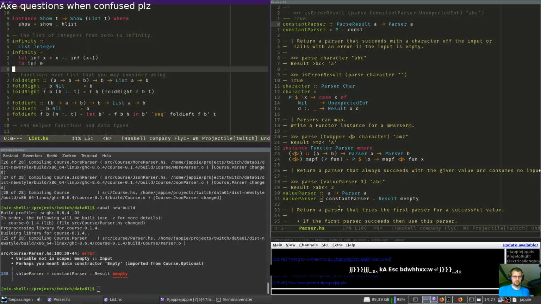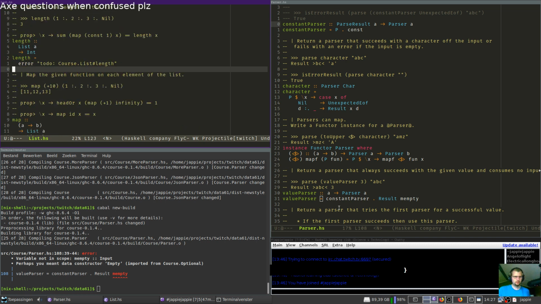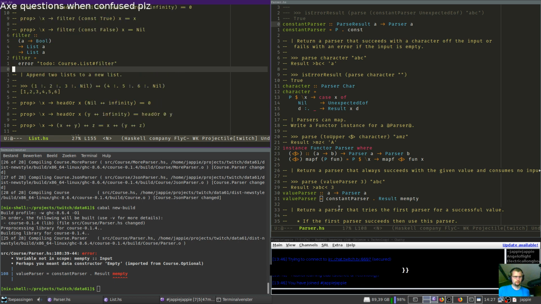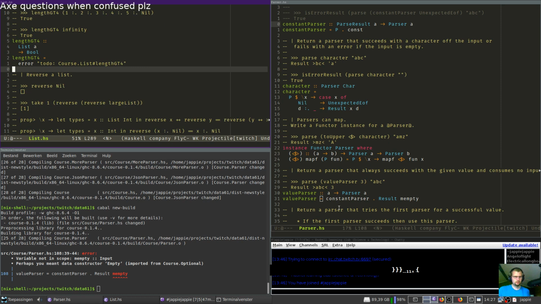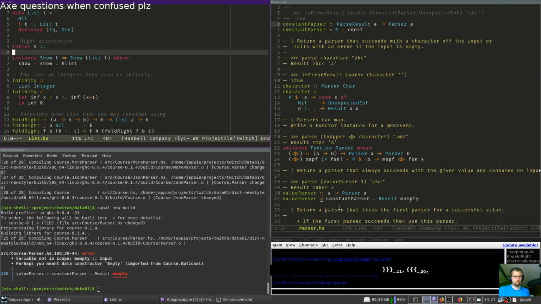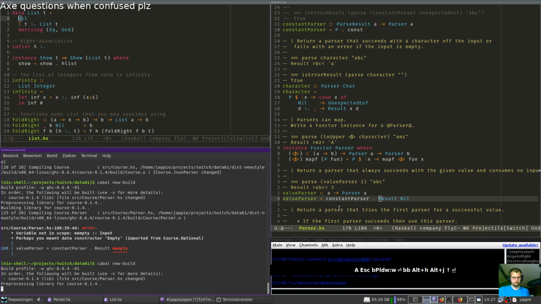Maybe it's gonna bite me. That's fine. Let's see. Infinity. No, we don't want that. I just want to have an empty filter. Pattern. Oh, I have an empty, right? It's just a constructor. Nil. Okay. Now it works.